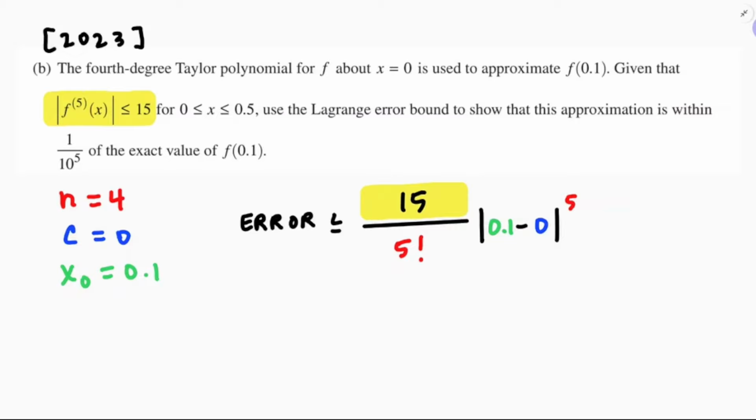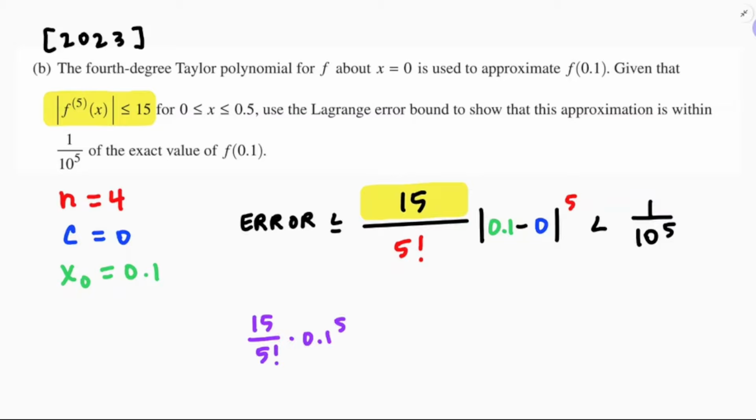Oh, and they want me to show that this is within 1 over 10 to the 5. You know how we're going to do that? We're going to say that's less than 1 over 10 to the 5. I've kind of got a reason for you, but I think I'm going to wait until we get into the scoring guidelines. If you're curious, if you're interested, I could tell you that, okay, that 15 over 5 factorial times